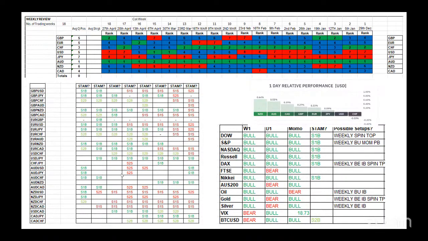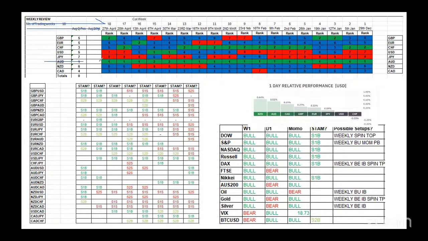So what's this telling us? How do we utilize it? How can we utilize it to help us this week? Well, we are into week 18 of the year, 27th of April, and just a little bit of housekeeping: we will not be here next Monday because it's a bank holiday in the UK, but we will be back in 2 weeks' time. Is that the 11th of May, I think? But anyway, there we go. It's week 18 of this year so far. Where's the strength? Where's the weakness?